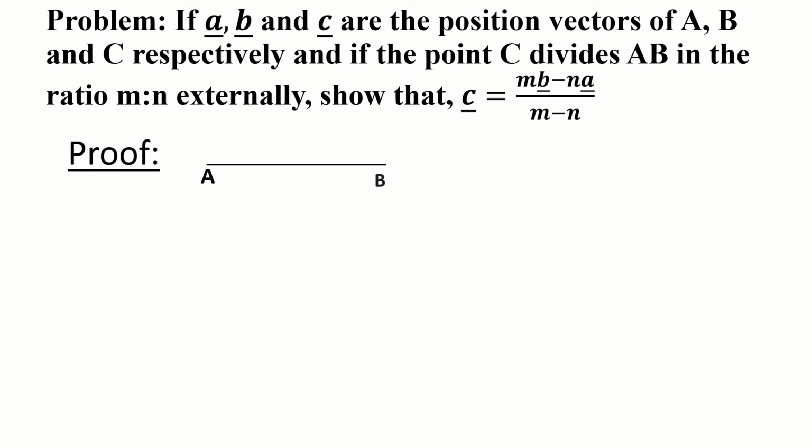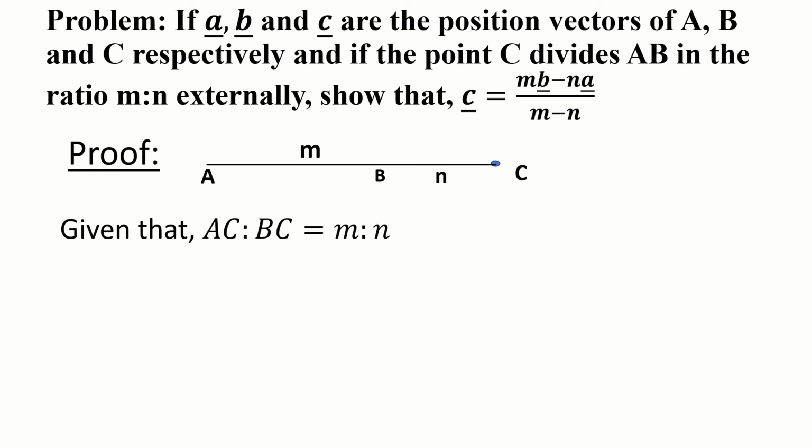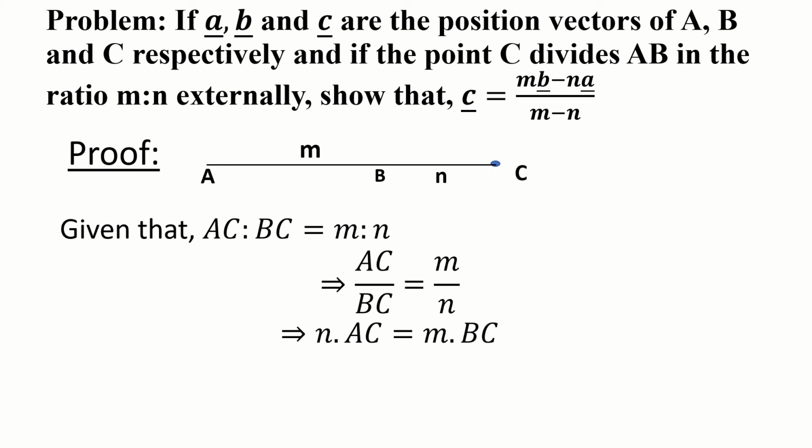AB be the given line and the point C divides the line AB in the ratio m is to n. That means given that AC is to BC equals m is to n. We can write AC by BC equals m by n. Now cross multiplication: n into AC is equal to m into BC. We can write n into absolute value of AC vector